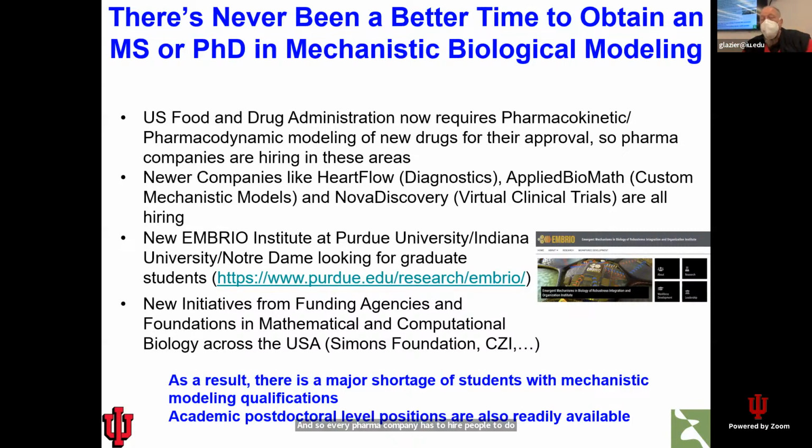There are newer companies like HeartFlow or Applied Biomath or Nova Discovery that use this kind of mechanistic modeling to do diagnostics, prediction, drug discovery, and so on. And so there really are a lot of opportunities for people to find positions in industry with this kind of training. The Embryo Institute up at Purdue